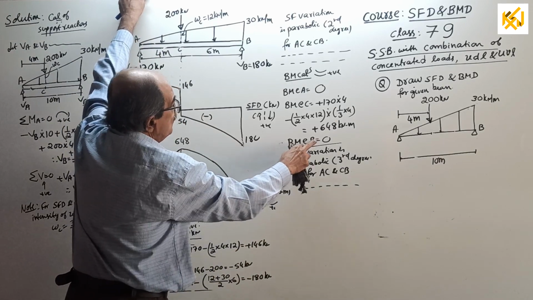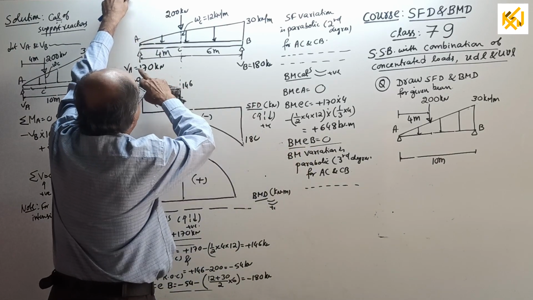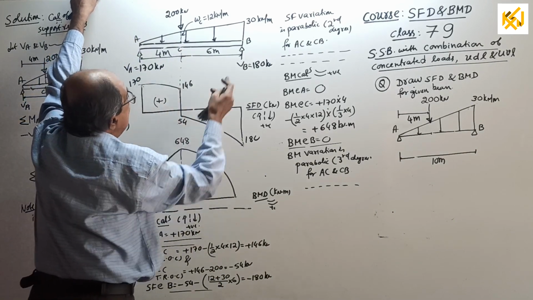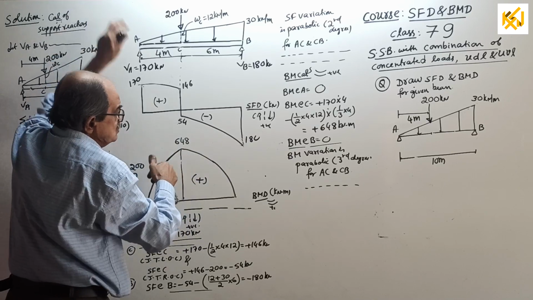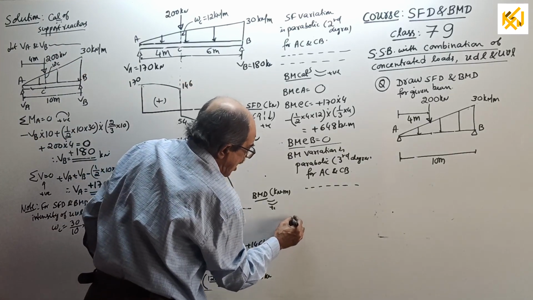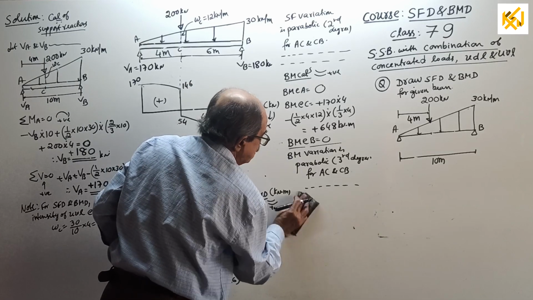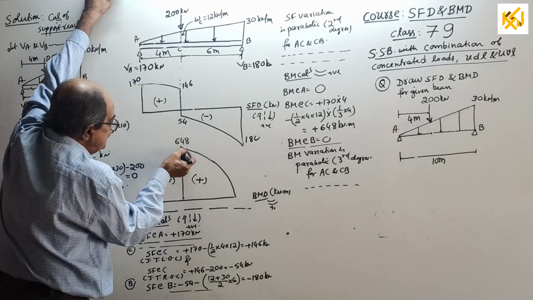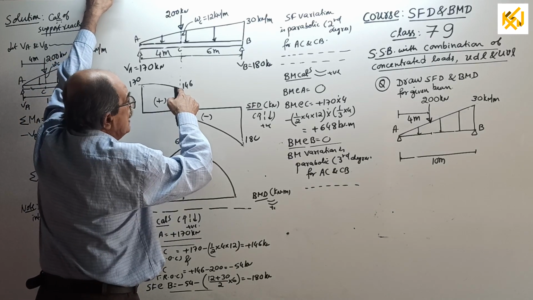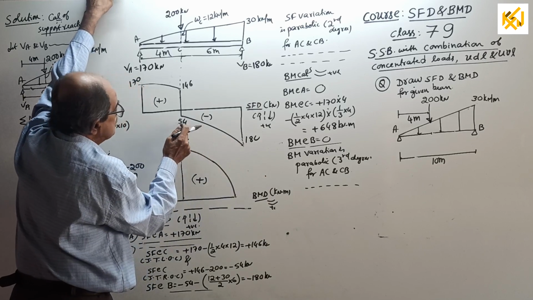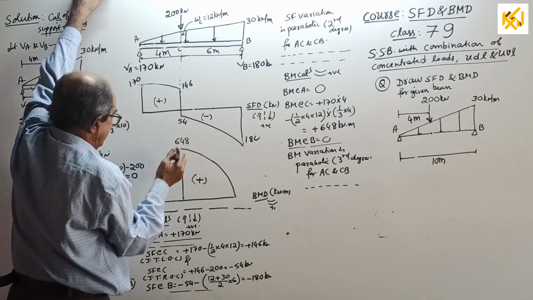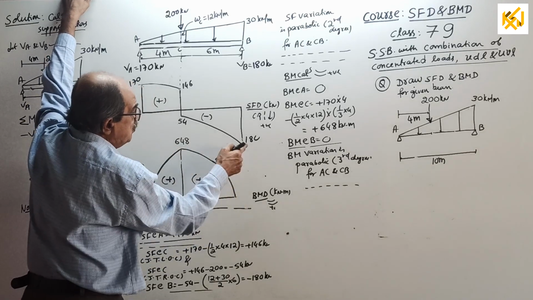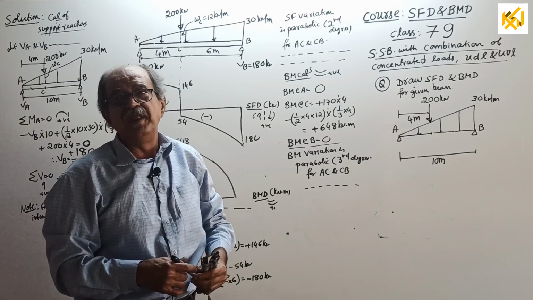You get BM 648 at C, BM at B 0, and the BM variation is a parabola of third degree. But remember now, A to C is one parabola, B to C is another parabola. It is not a smooth curve like earlier. Earlier, if you drew a tangent here, it would have 0 slope. No. Now, on this side if you draw a tangent, the slope will be 146. On that side, the slope will be 54. Why? Lesser shear force. And here if you draw a tangent, the slope is 170. Here, a little more slope, 180. All this I have told so many times earlier.